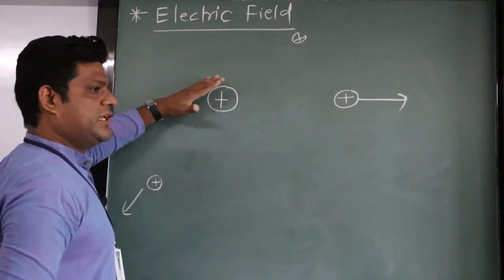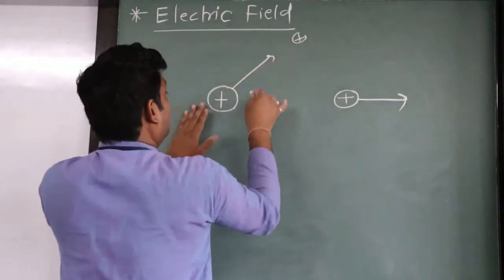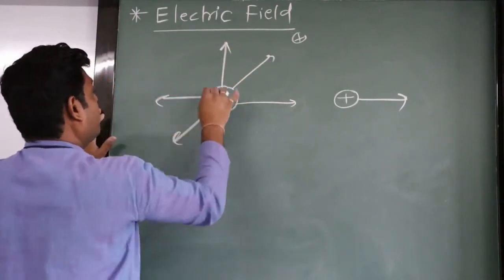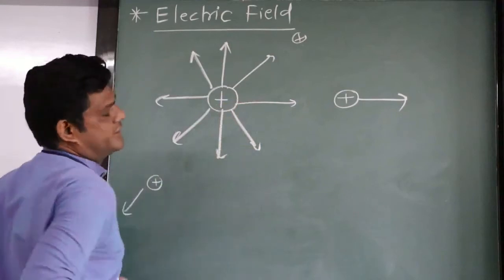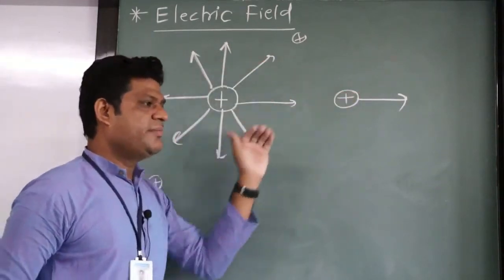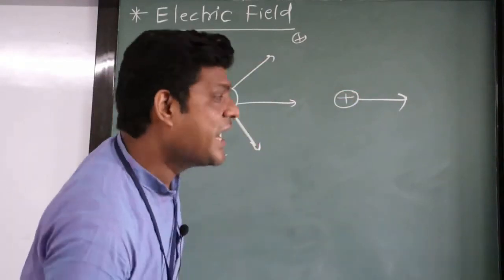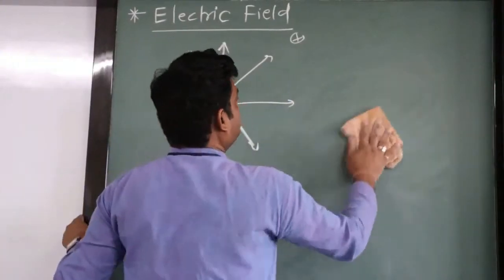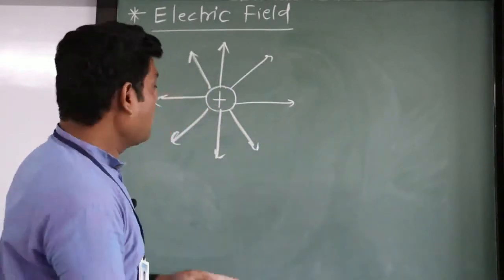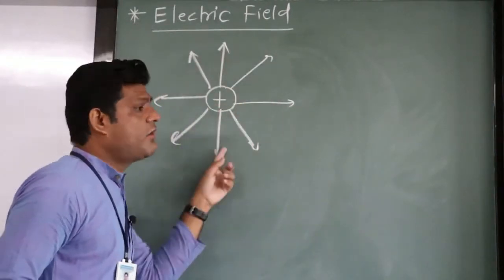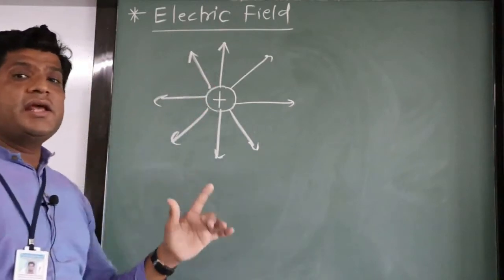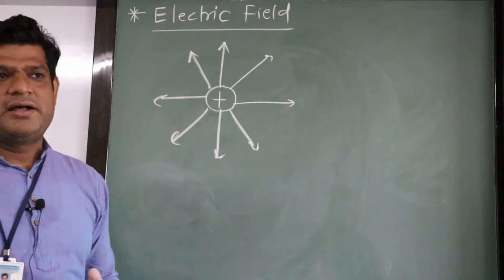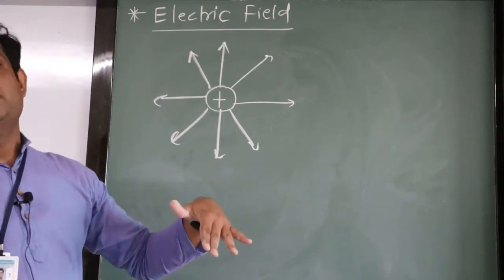So, what I want to say is that the force is present around this charge in all directions. It may be repulsive or it may be attractive. We will discuss that afterwards because it depends on another charge, right. So around the charge there is a presence of force, and the area up to which the force is present, that area is known as the electric field, right.